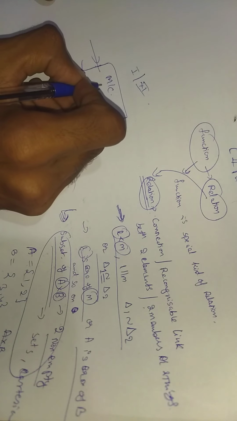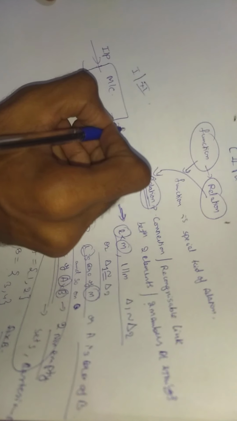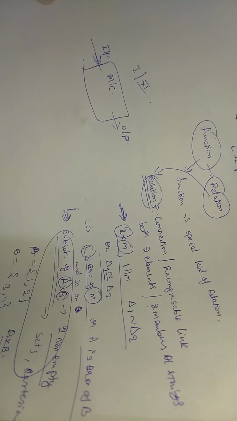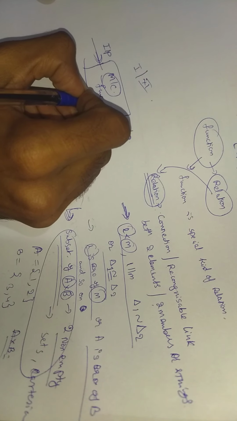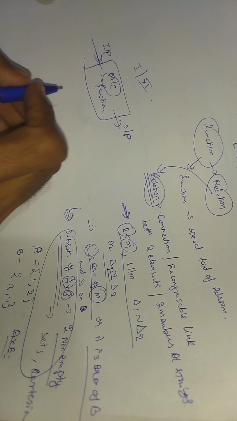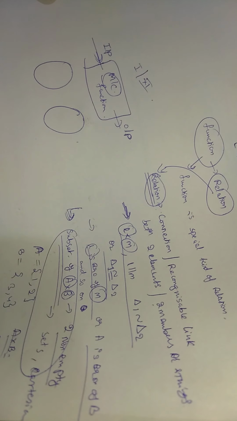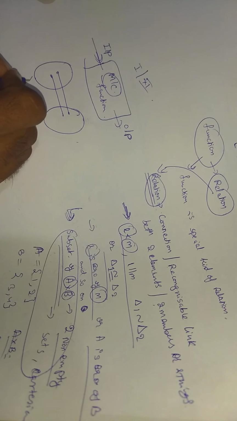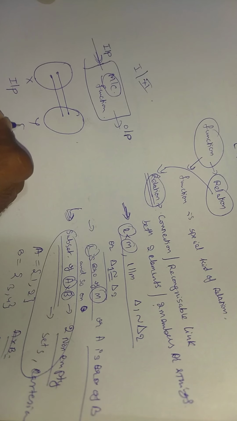Function is a machine which produces new elements out of any machine. It will take input and give output. Similarly, function is also something like that, which will take some elements as input and it will give some elements as output after processing. So this is all about function. Now why I was saying function is a special kind of relation is, suppose there is one, this is x, y, this is input, output.